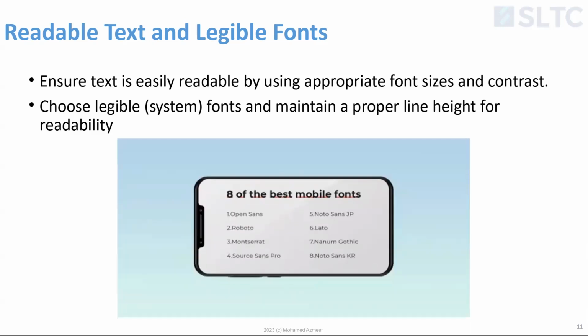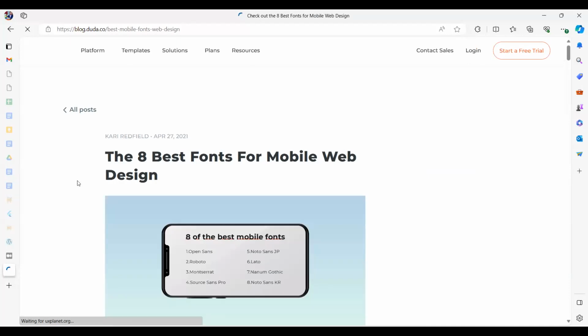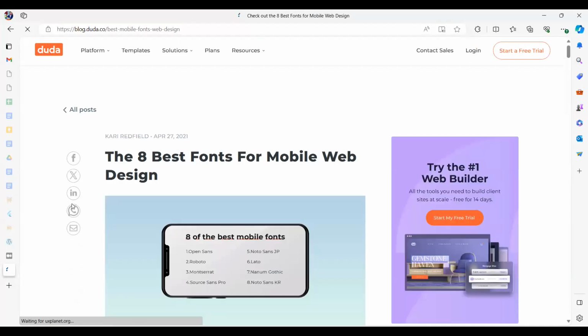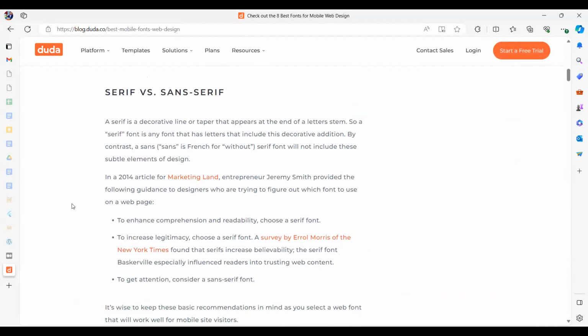Stick with something. Okay, so let's look at some of the most famous mobile fonts. Some are okay for Apple, some are okay for Android. But this list shows some of the most famous fonts. Let me share another web page on this. There are a lot of articles written about which font to use, which font not to use, things like that, right?